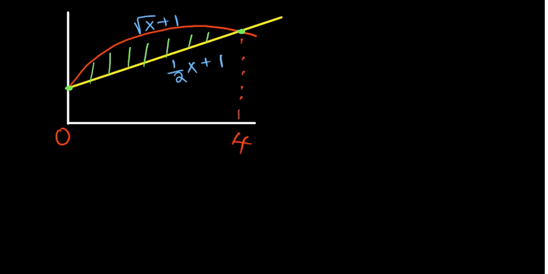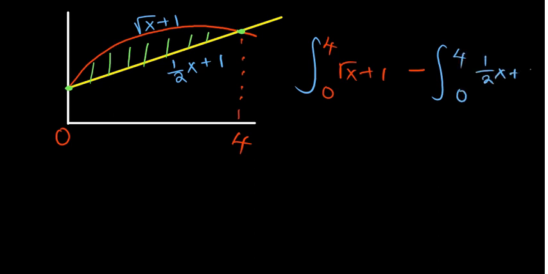So obviously we expect that the one on top, which is the integral of course with limits 4 and 0, root of x plus 1, and then we need to subtract the area bounded by the linear function and the x-axis. So also 4 and 0 for the linear function, half of x plus 1. Now for the sake of your practice, I want you to integrate these functions and then subtract their results. So for the first part,